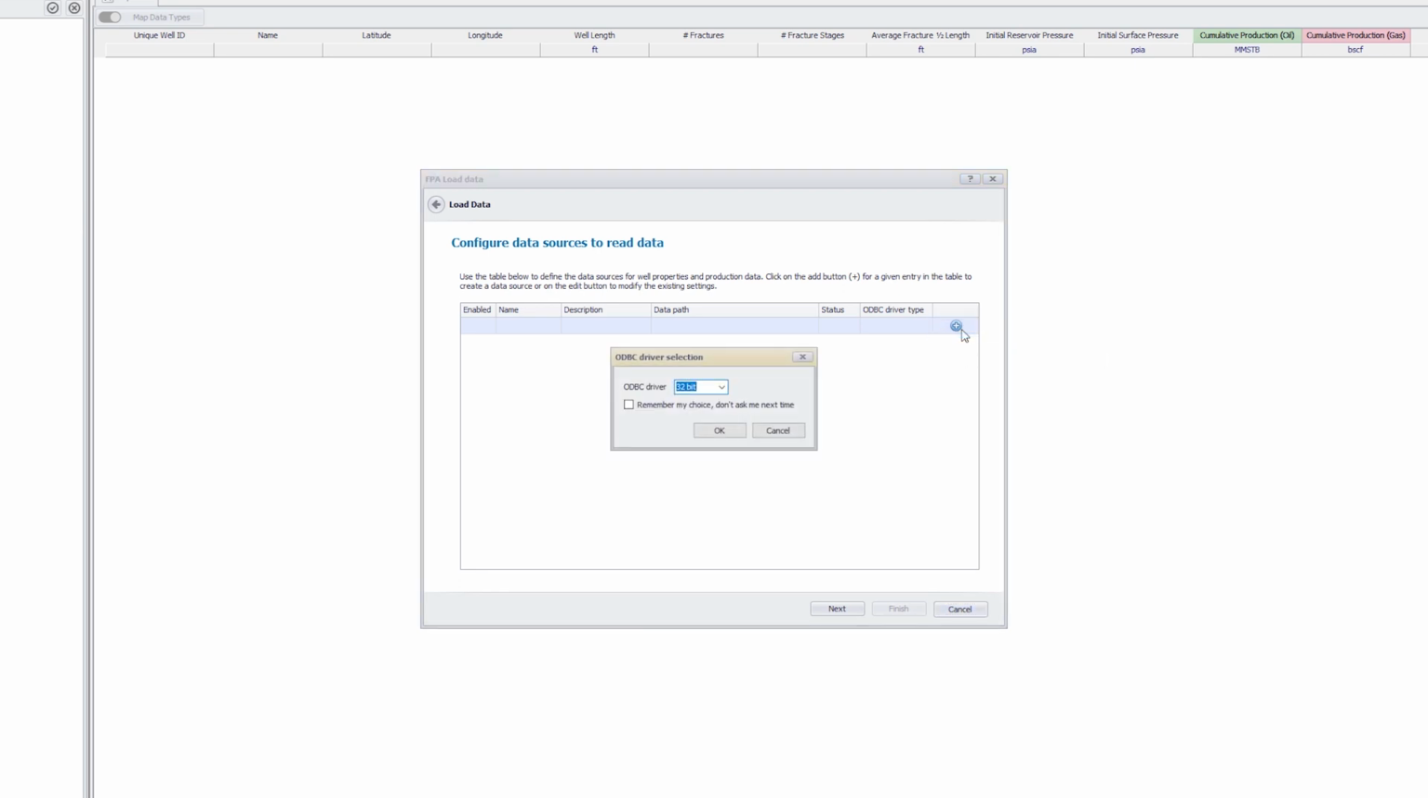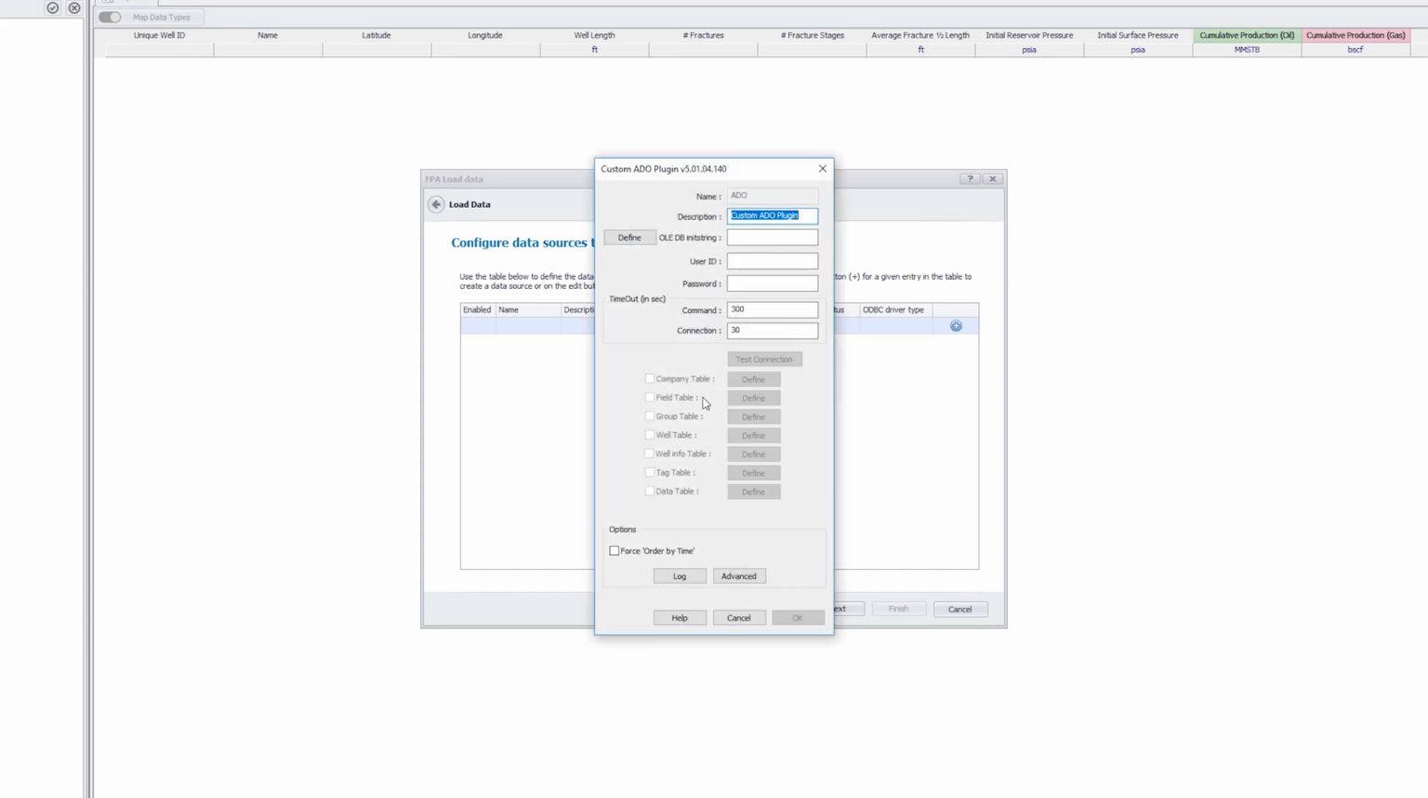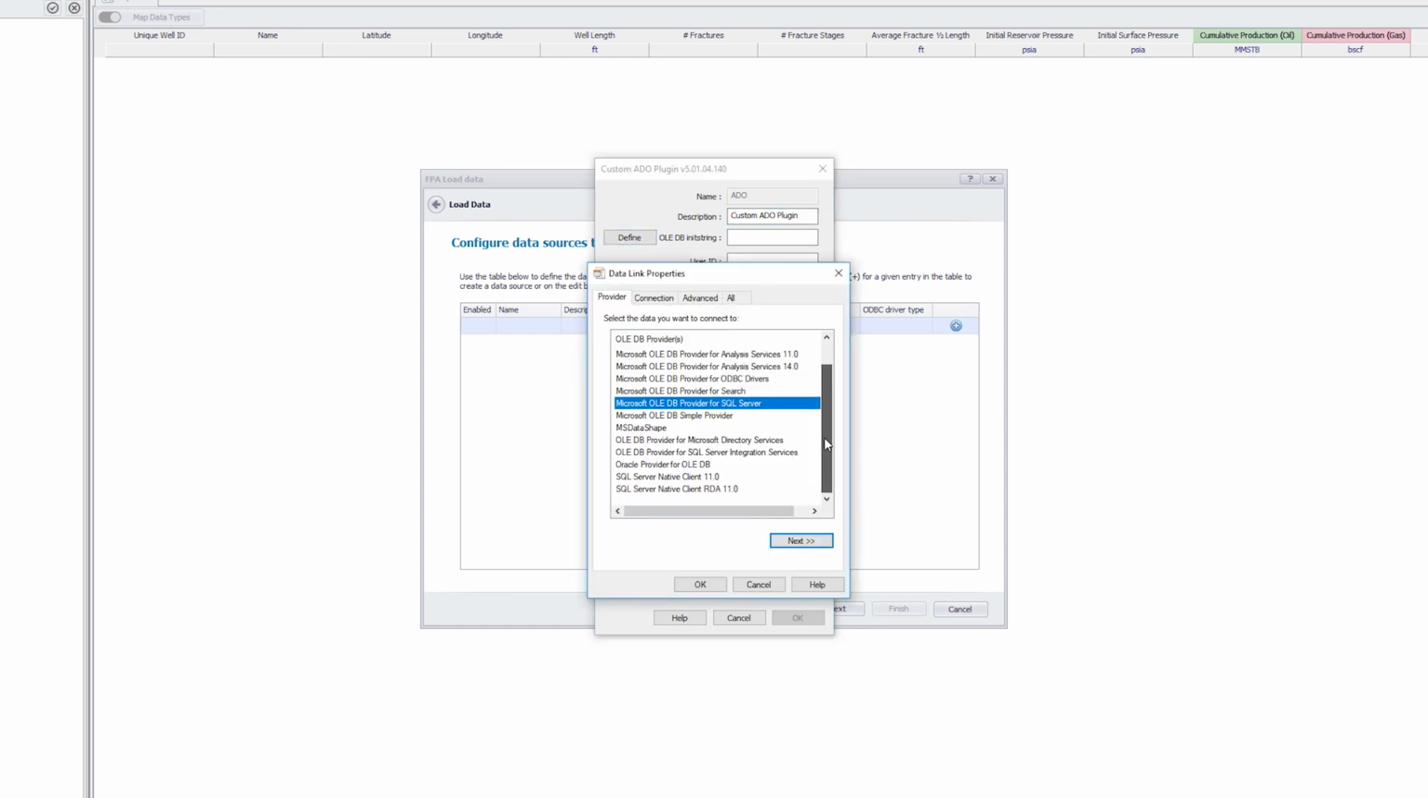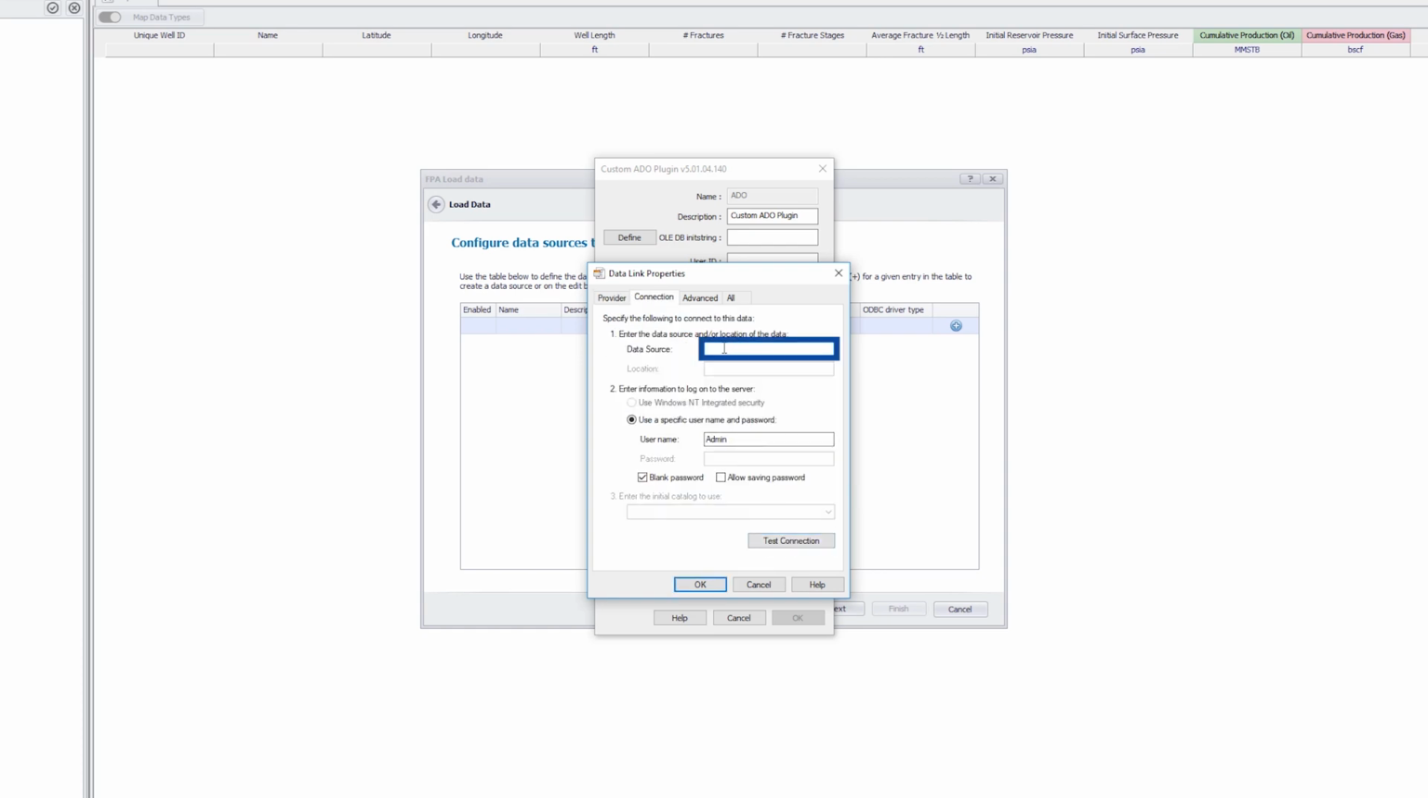A dialog pops up, offering a choice for the ODBC driver. Select between 32 and 64-bit based on your Microsoft Office installation. In the Custom ADO plugin dialog, click on the Define button to specify the path to the data source and its parameters. In the Provider tab of the Data Link Properties dialog, select the appropriate OLEDB provider and then click Next. In the Data Source field,